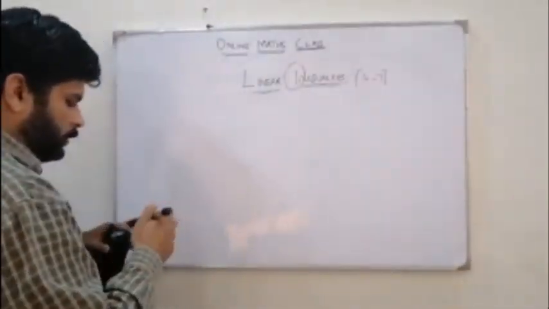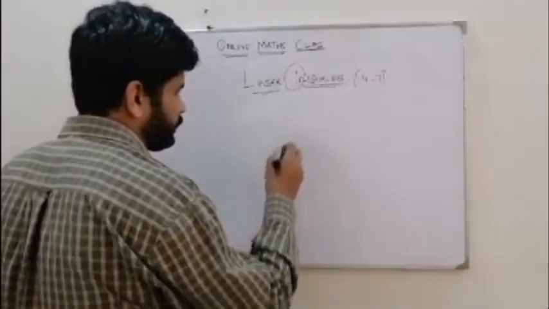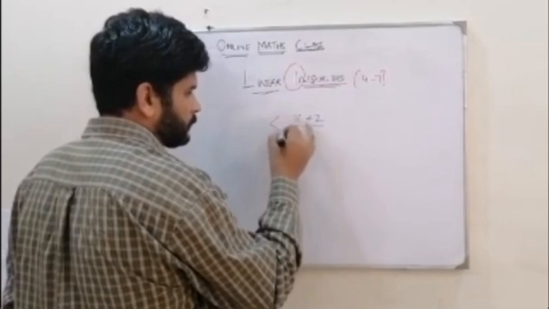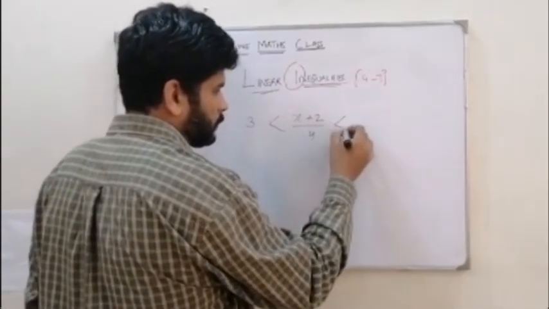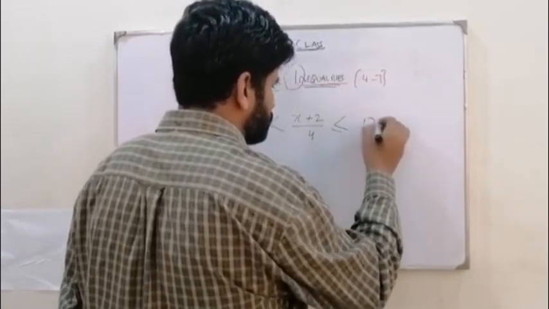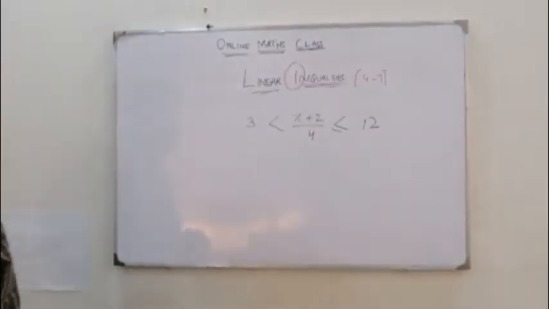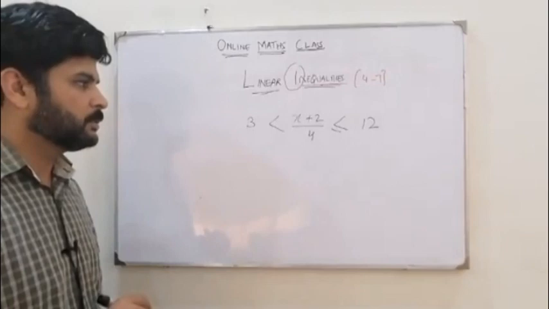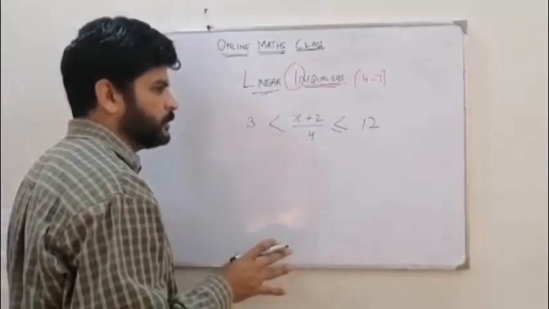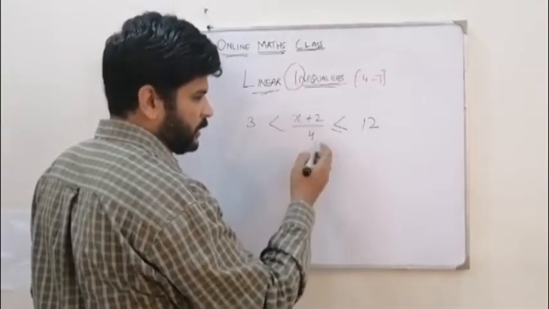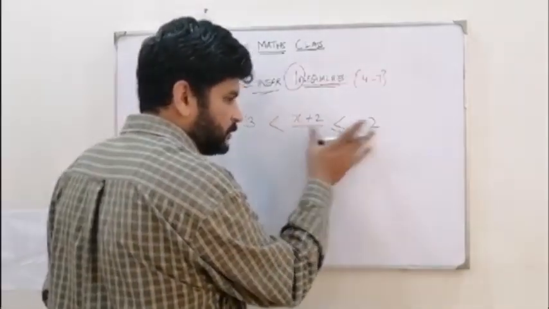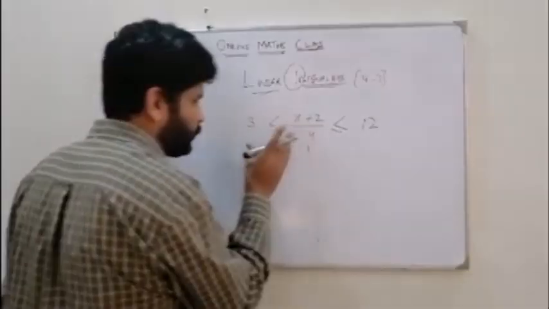Okay, what if you have an equation as this, and you need to solve this, the answer for this. So this is very easy again. Now what you have to do is divide this into two inequalities, right? First this inequality, then this inequality. So divide it into two inequalities.